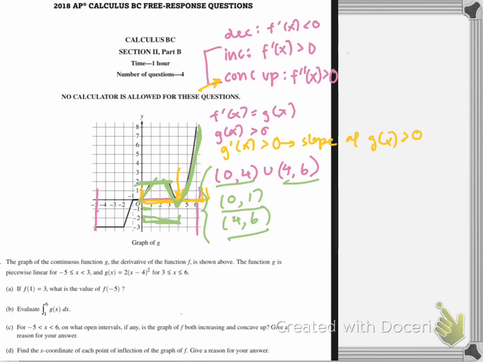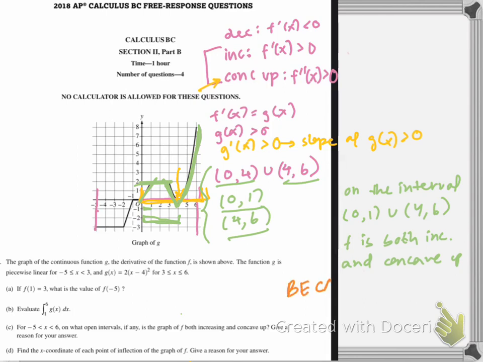So we're going to say that on the interval 0, 1 union 4, 6, f is both increasing, and I would spell it out on the test, and concave up. And this is an important part because you guys are going to need to write a because on the exam. Because